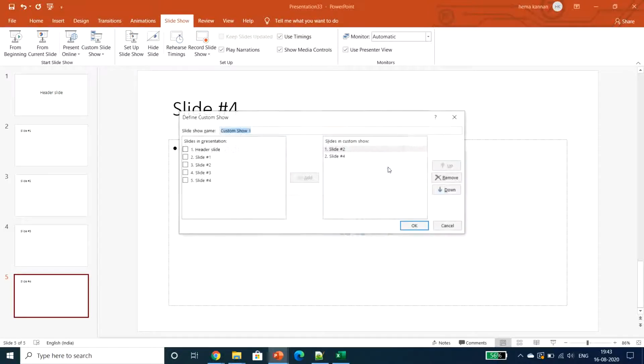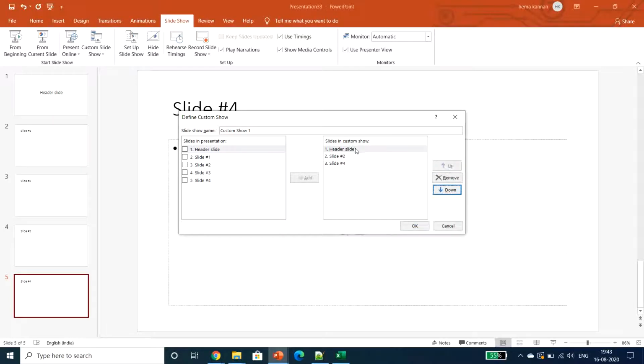So once I am clicking editing, if I need one of the slides to be added, I can do that. Again click on that header slide, add it. It will add to the end, but I want to move my header slide up. So just select it, give up, that's it.